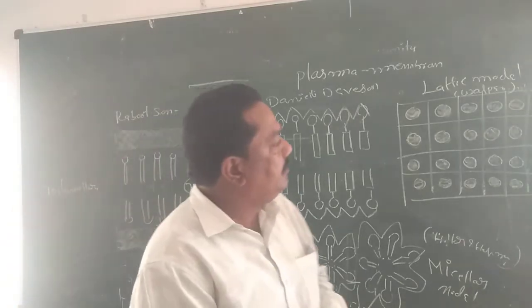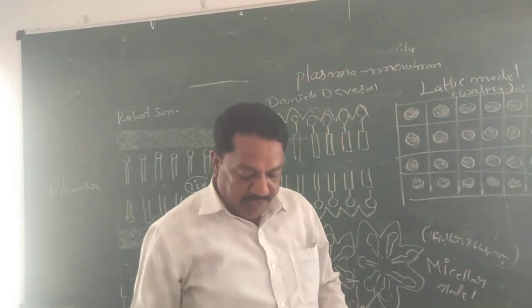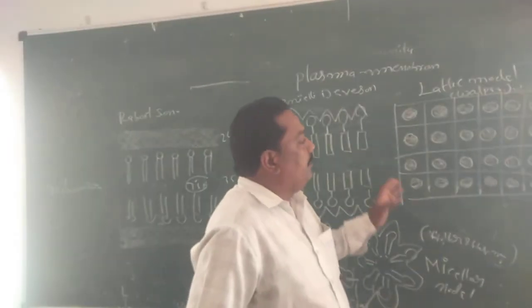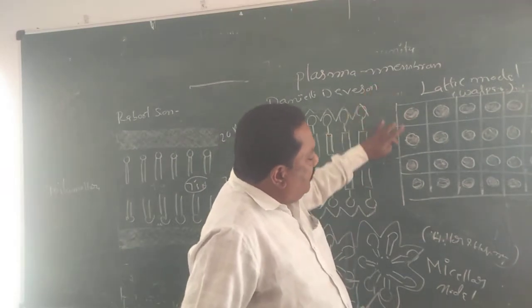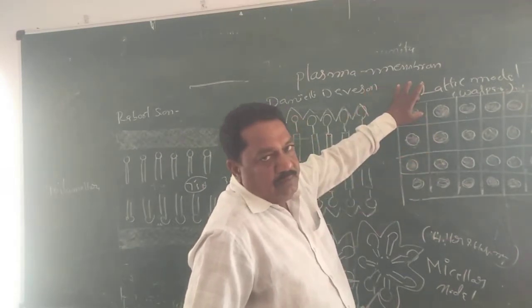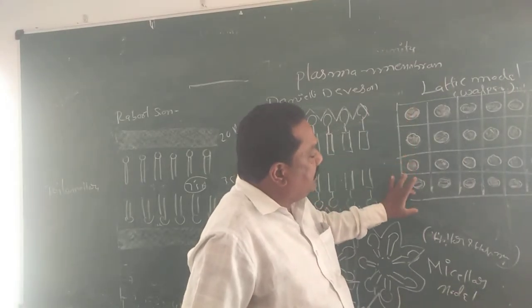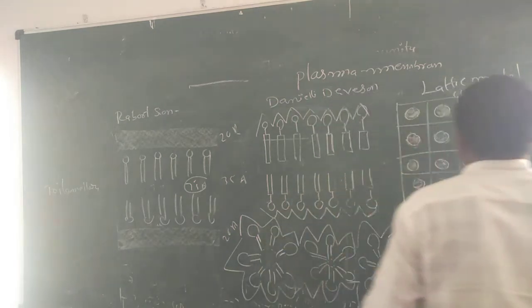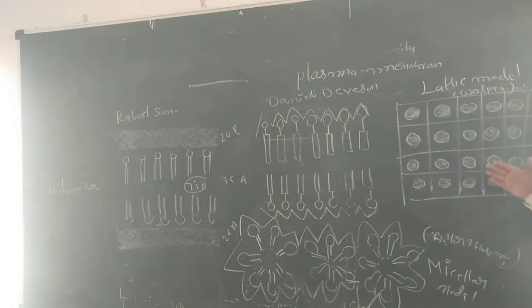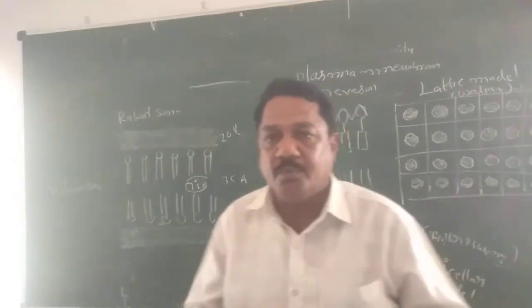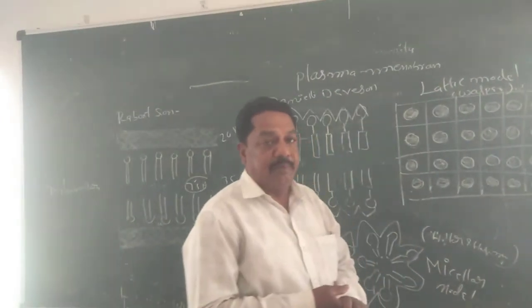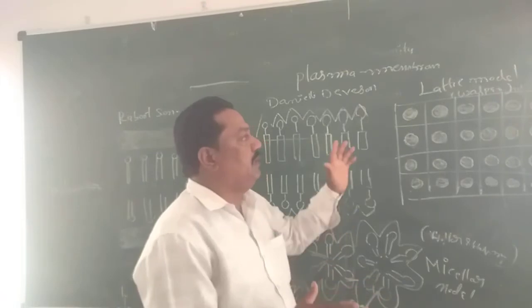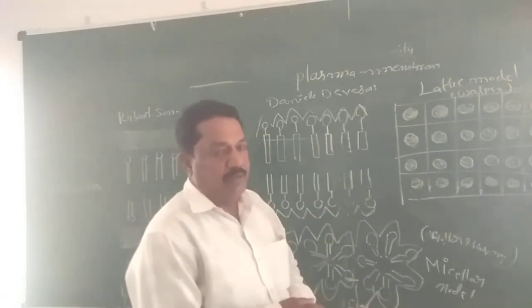The third one is the lattice model theory, proposed by Wolfer. According to Wolfer, and this is very important, all these boxes are made by the proteins. Inside the box holes, what are they? They are the lipids. So this model is a mesh distributed here and there. This complete framework is made with the proteins, and inside the protein molecules the lipid molecules are distributed. It means the mesh-like structure is proposed by the lattice model of Wolfer.